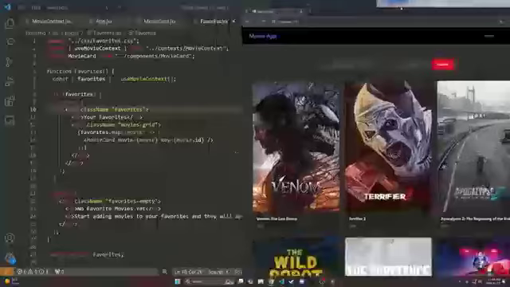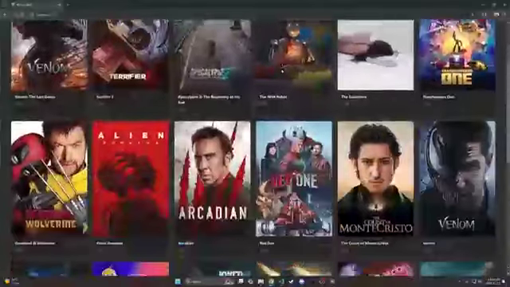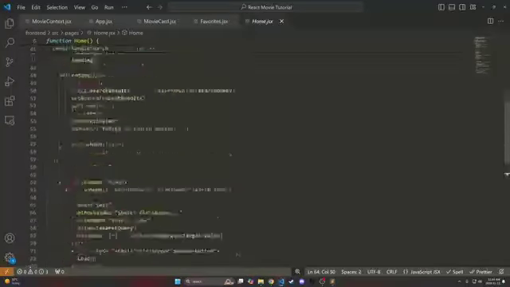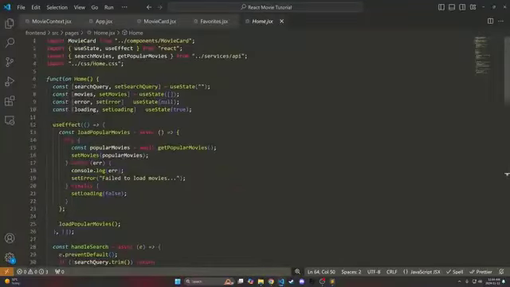So that is pretty much it. I mean, that's going to wrap up our application. I taught you guys a lot of stuff about React here. We went through useState, useEffect, calling